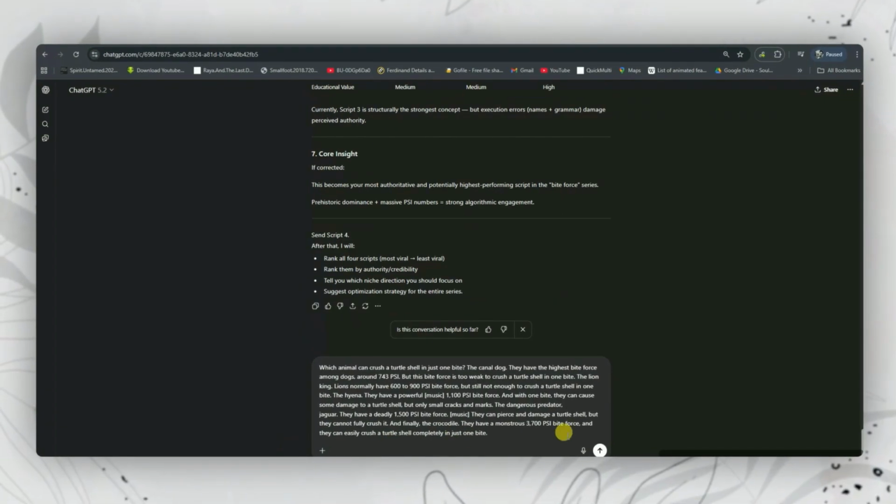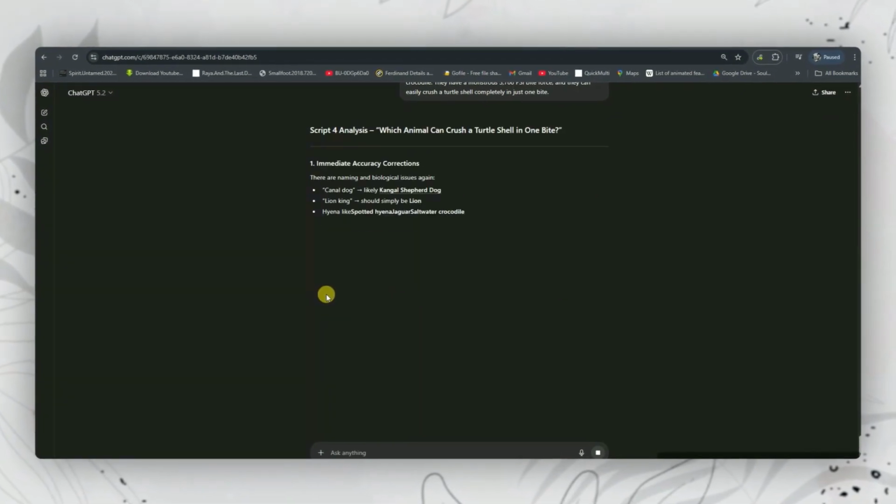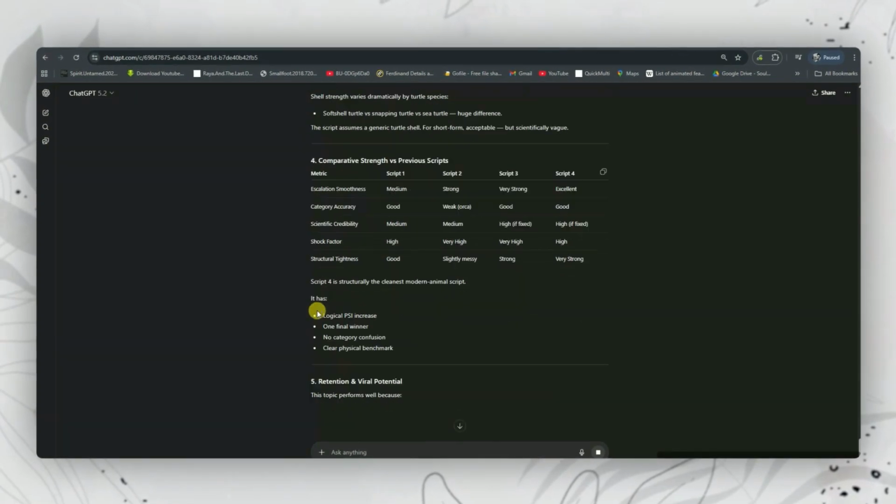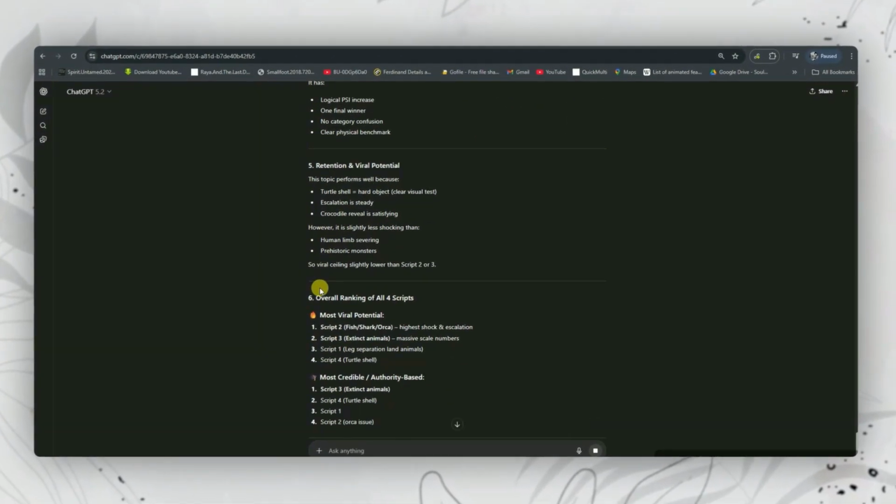At the end of the day, it's AI. It's going to generate things based on patterns. Sometimes it'll sound perfect, sometimes it might miss context, so always cross-verify what it gives you.